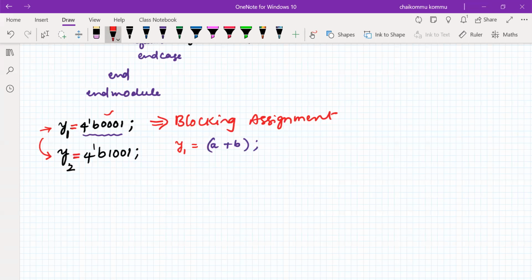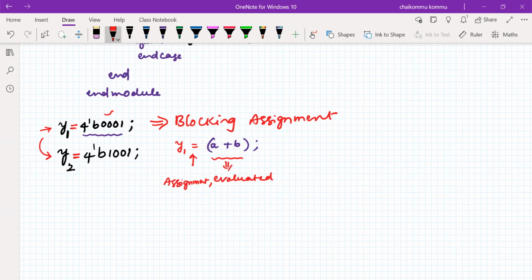So here what is happening is evaluation. It must be evaluated, right? And the second one is assignment. So a particular equation consists of assignment as well as evaluation.